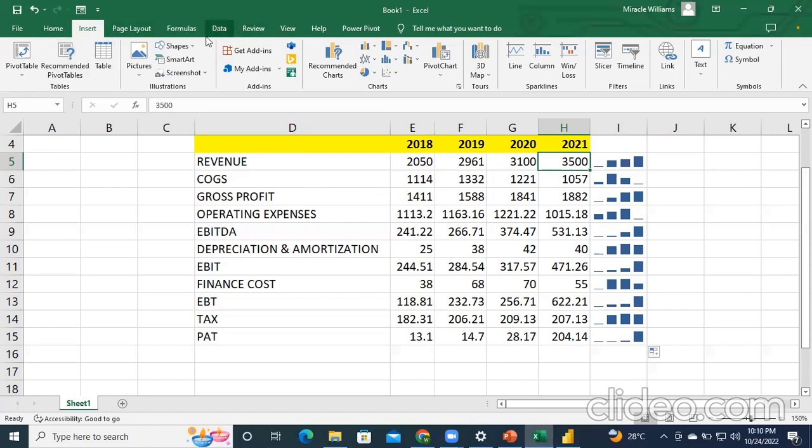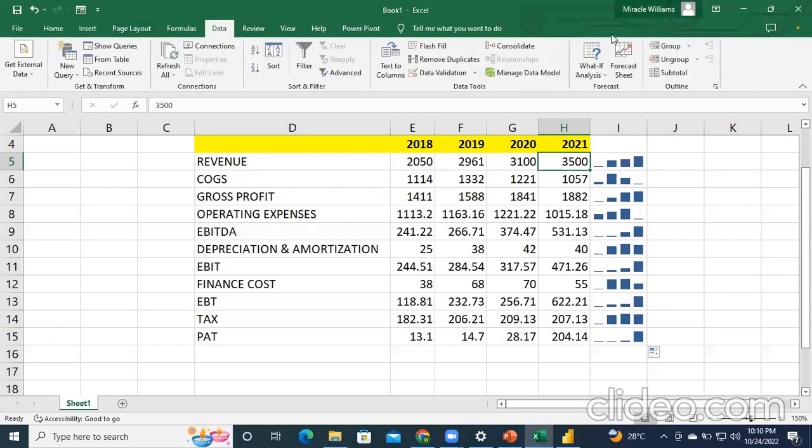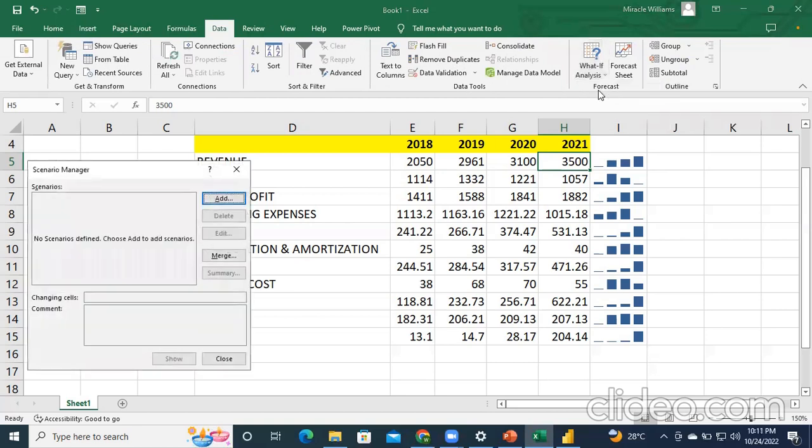I have to come to my data tab here, and then I come to where we have what-if analysis, and I click on scenario manager. Now, when I click on scenario manager, it's going to ask me to add. I have to add the scenarios because at this point we were looking at the best case scenario, when revenues are the highest and costs are the lowest, and the worst case scenario, when costs are the highest and revenues